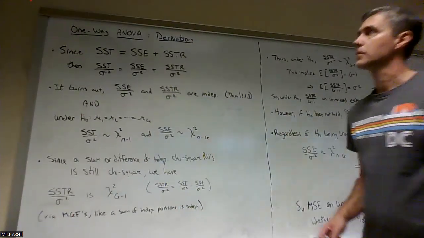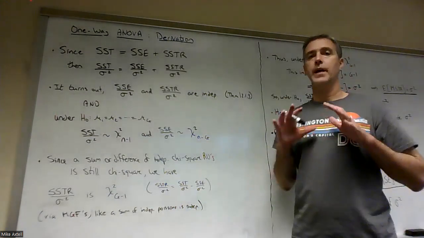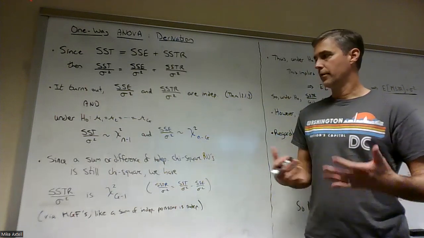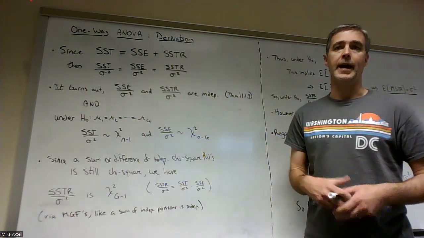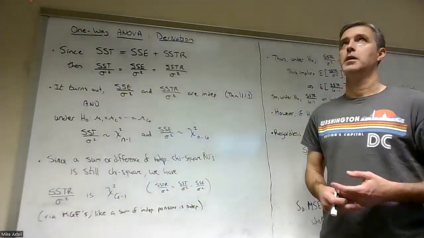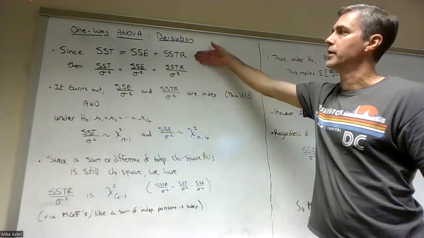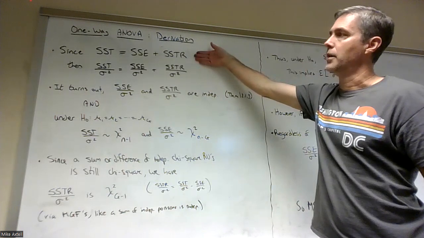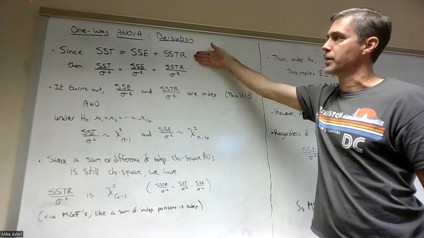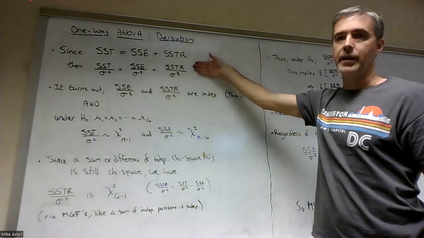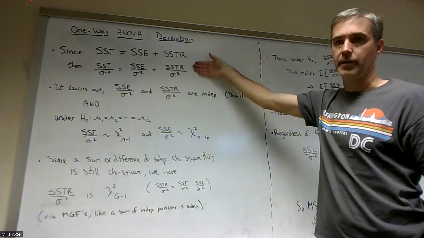Okay. All right, so we've got the alphabet soup defined, and now we're going to bring in the probability part to figure out how to actually measure and interpret our measurements, okay? All right, so that's where we ended on the last panel. The total sum of squares is equal to the error sum of squares plus the treatment sum of squares. I could divide each by the common population variance,